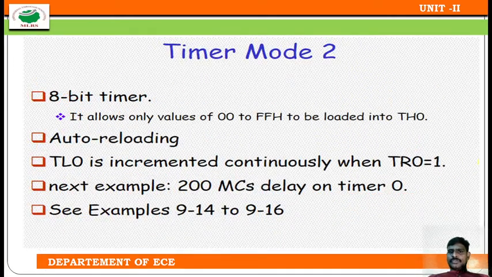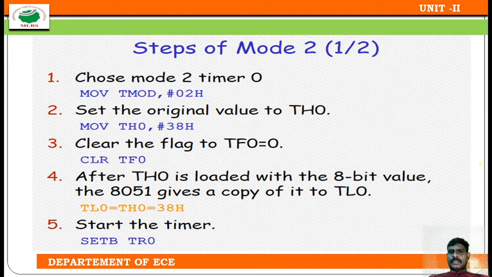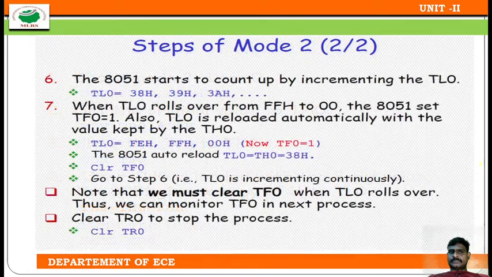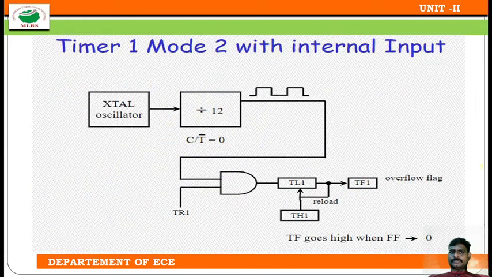And timer mode 2, as we know, is auto-reload mode, and one time it is sufficient to load the values. In mode 2, programming has TMOD loaded here, loaded with TH0, clearing TF0, timer started, loading the value TL0, and again, the same procedure we did in the previous step, we need to follow here also to calculate mode 2 of the operation. So the same thing in mode 2,